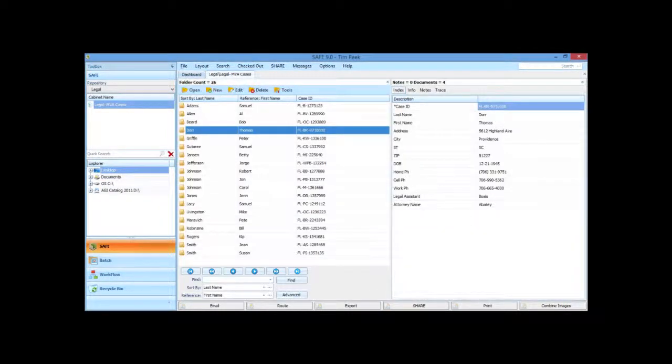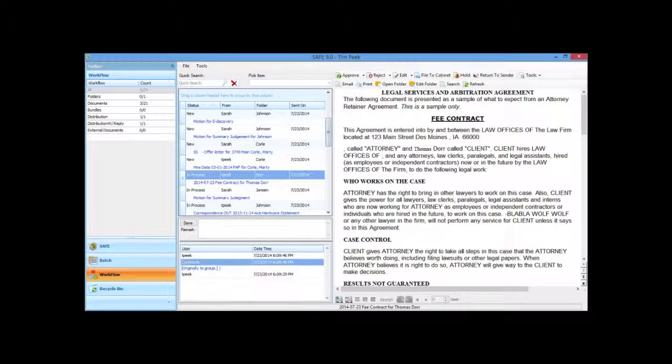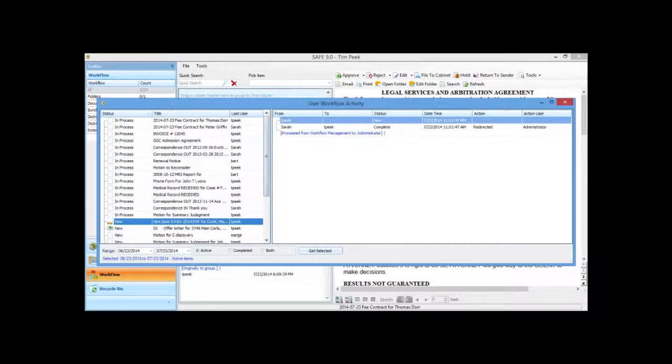The other way you can do it is go to your own workflow inbox, go up to Tools, and Show Items You've Touched. Now, this is in case you want to go look at everything that you've sent out through workflow. Maybe you want to check and see where some of these documents are in the process. Once you open up this user workflow activity screen, you do have a date range, so you can pick a date. We'll go pick July 1st